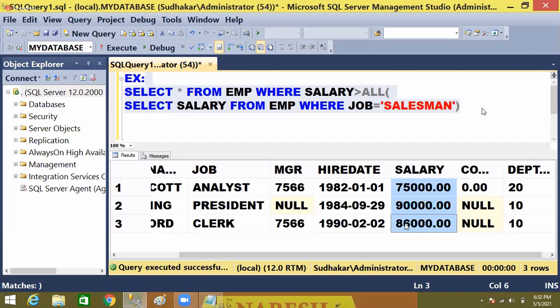So in this way, you can find out how ANY and ALL are used in our subqueries. And these are also used under multiple row subquery statements. Right, and the next one is,